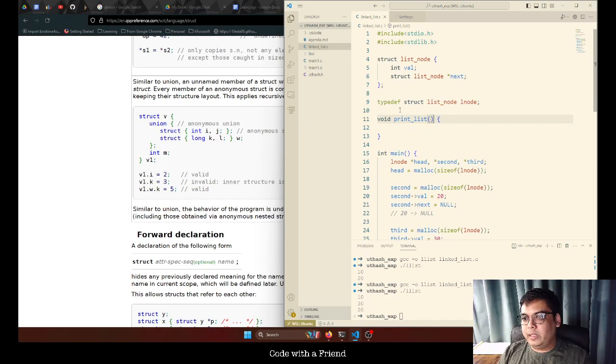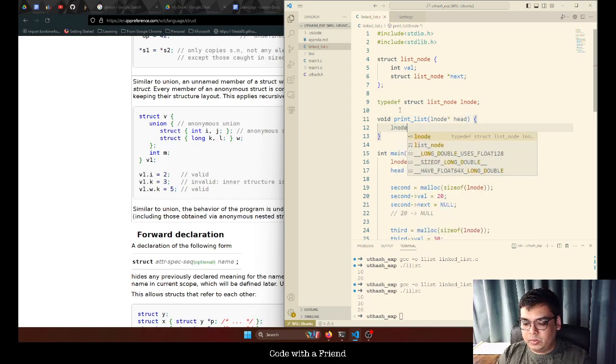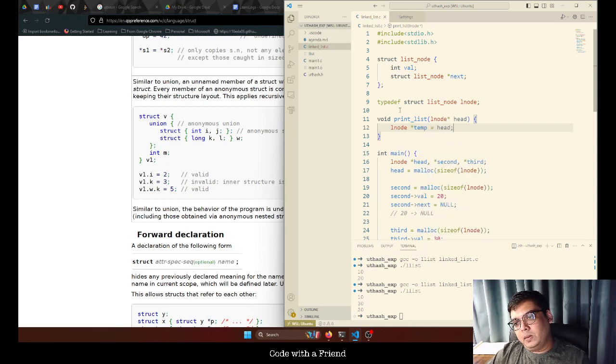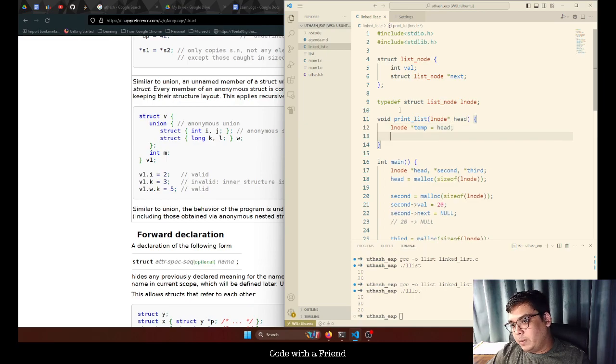For print list, what we need to provide is a pointer to head, and we don't want to lose the reference where head is pointing, so we want to keep this value. I will also show what would happen if we don't do that,